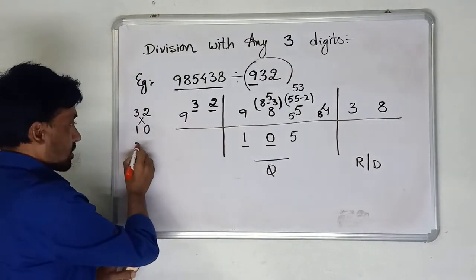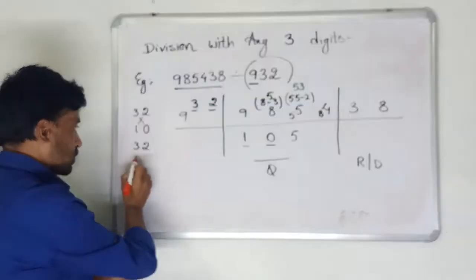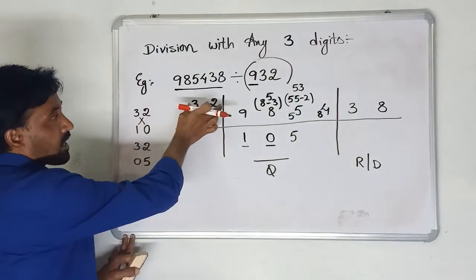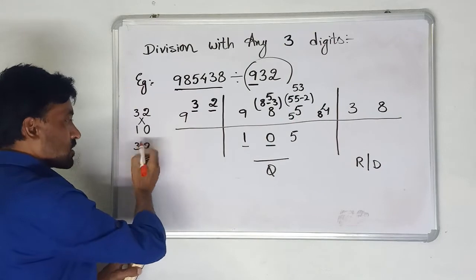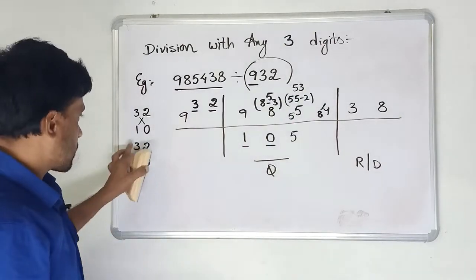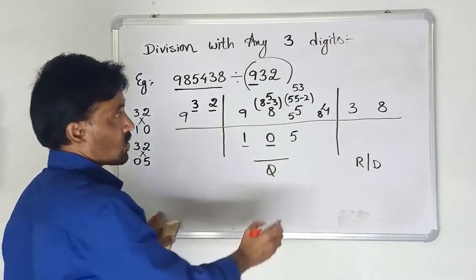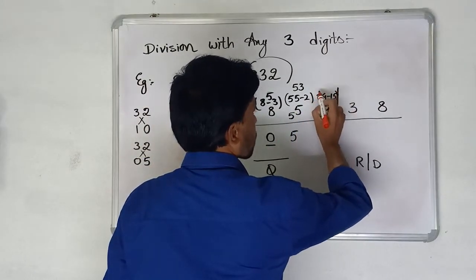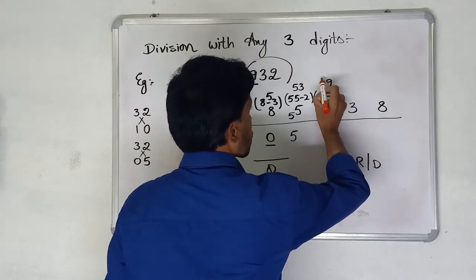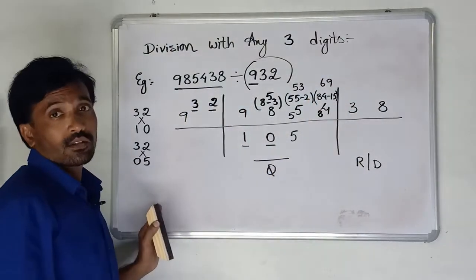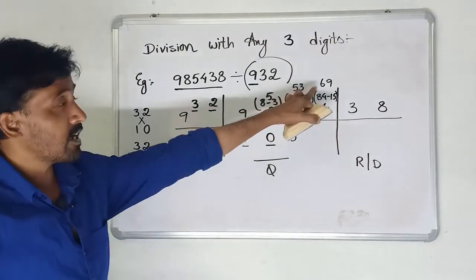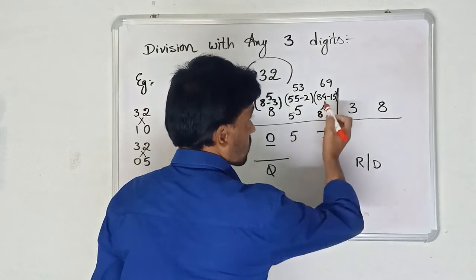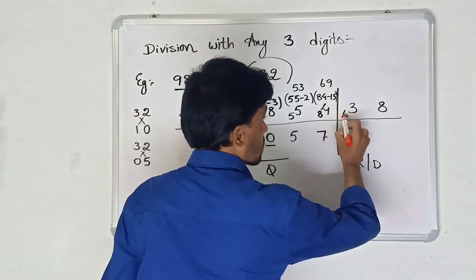Now again the suffix and the new quotient along with the previous digit, because we have 2 digits. After that we take cross multiplication: 3 times 5 is 15, and 2 times 0 is 0. From 84, 15 is to be subtracted. Now 14 minus 5 is 9, and 7 minus 1 is 6. Now we have 69. 9 divides 69 how many times? 7 times. 9 times 7 is 63, which leaves remainder 6.